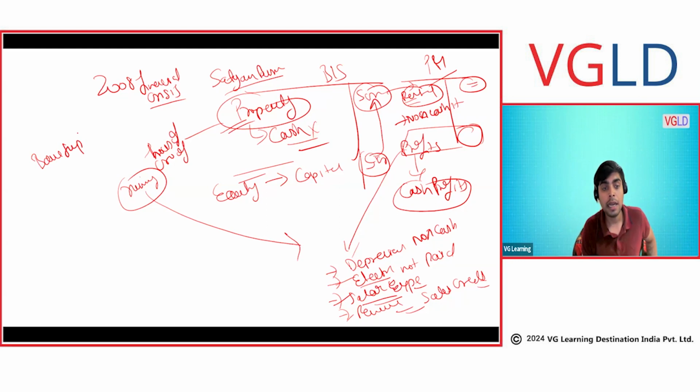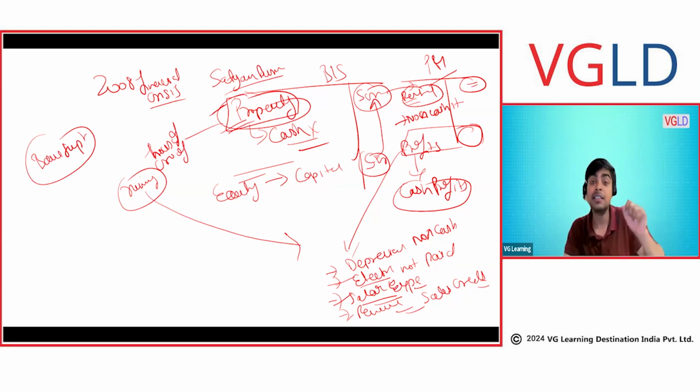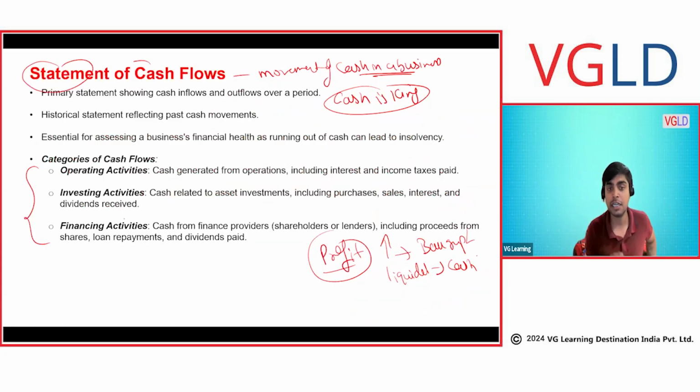So in many situations, you would be surprised to see the balance sheet and P&L of companies where they have profits, but because they did not have cash, they went bankrupt, because their cash is stuck in, let's say, non-realizable assets. Let's say property. Property is a very difficult thing. You invest your money in property, na? It's an illiquid asset. What is an illiquid asset? It is very hard to realize. It takes years to sell the property, but you need the cash right now. So the cash flow statement is something that helps you understand this.